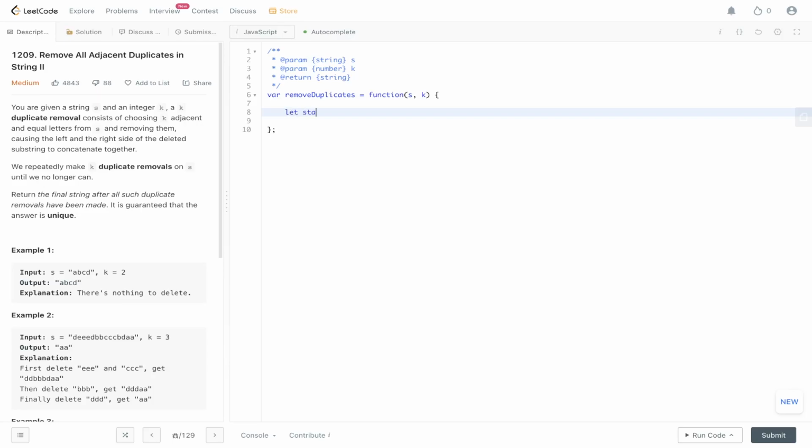Let's initialize the stack as an empty array. Let's loop through the string. So i is equal to 0, i is less than s.length, i plus plus. Let's extract the current value, which is s at i. Now with pushing into the stack, there are 2 cases. Either the current value is already at the top of the stack or the current value is not. And if the current value is not, so if stack.length is equal to 0,